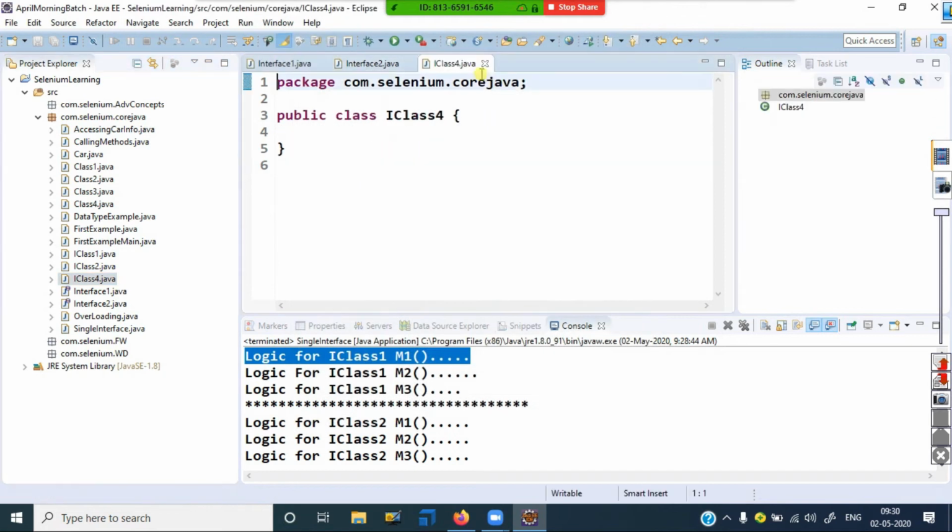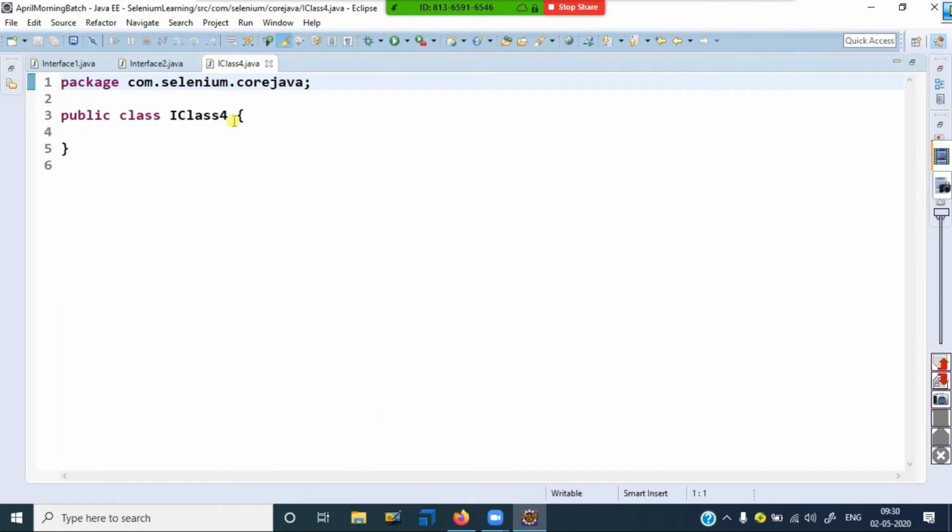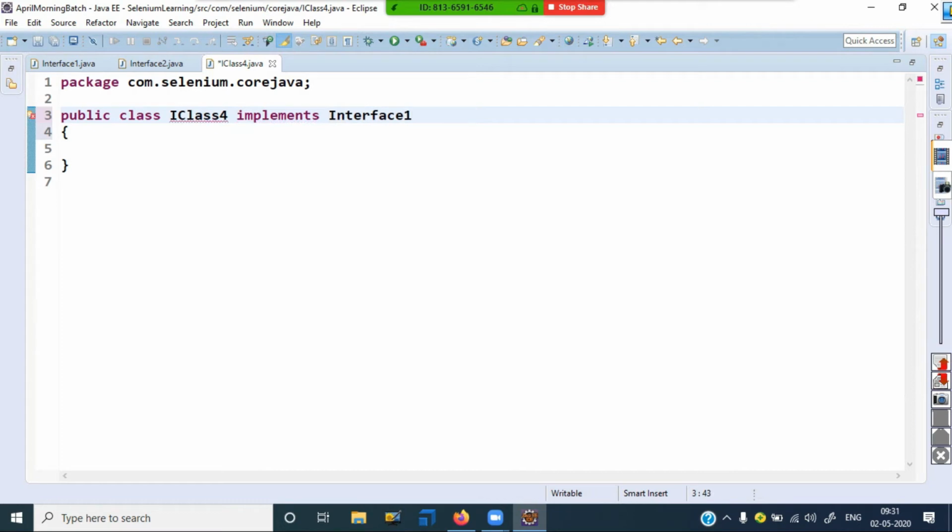Now see, before I was implementing a single interface. How? I can use the keyword implements. Now interface 1 comma interface 2. This I can go for.